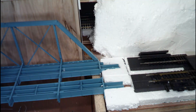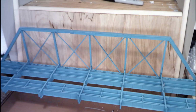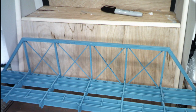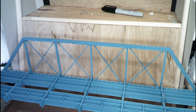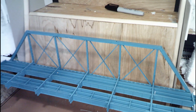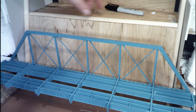Now, the other thing that I've worked on, which has been a real point of contention here, let me tell you, is the scene itself. If you notice, the two bridges that were up top have been removed for the moment, because I wanted to make sure that I didn't mess them up too much as I was messing around with the scene. So I've still got the dam face sitting here. I cut